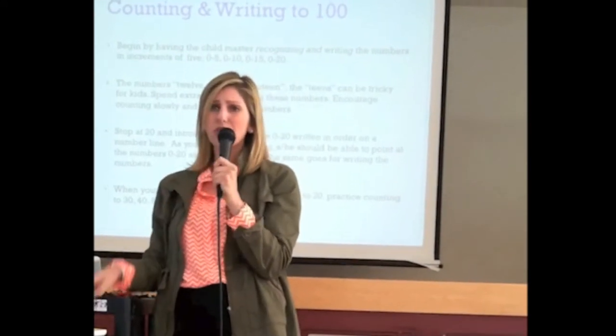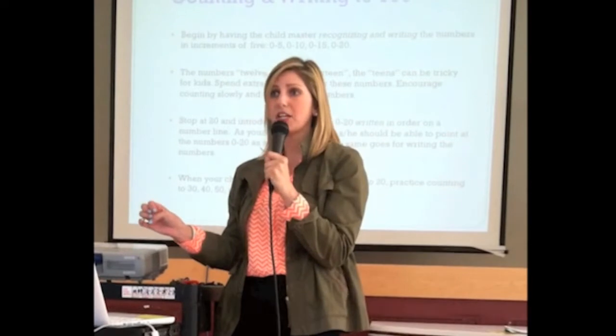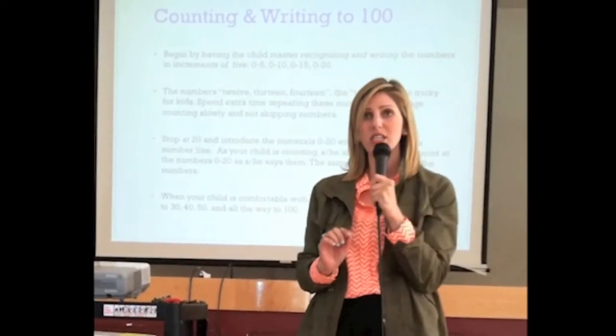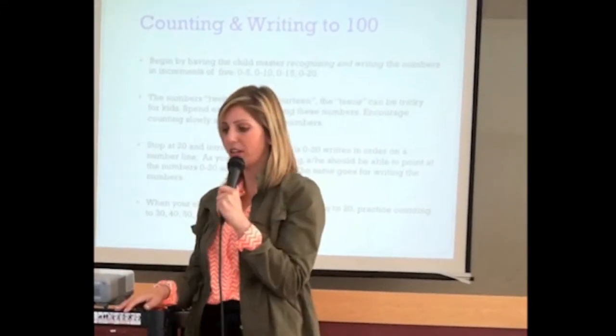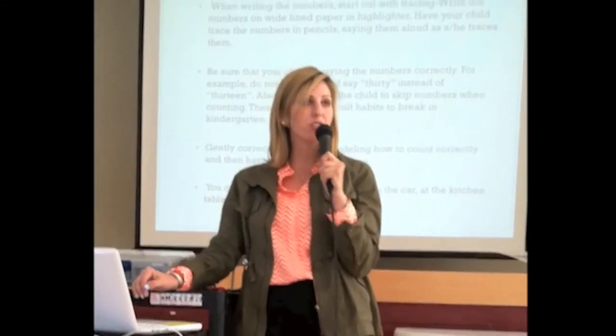Once your kid is really proficient at counting to 20, you want to stop and actually introduce the numerals too, so that when they're counting, they can be pointing to each number as they go. We want to associate the visual recognition with it as well. And you can also, same with writing the letters in the name,